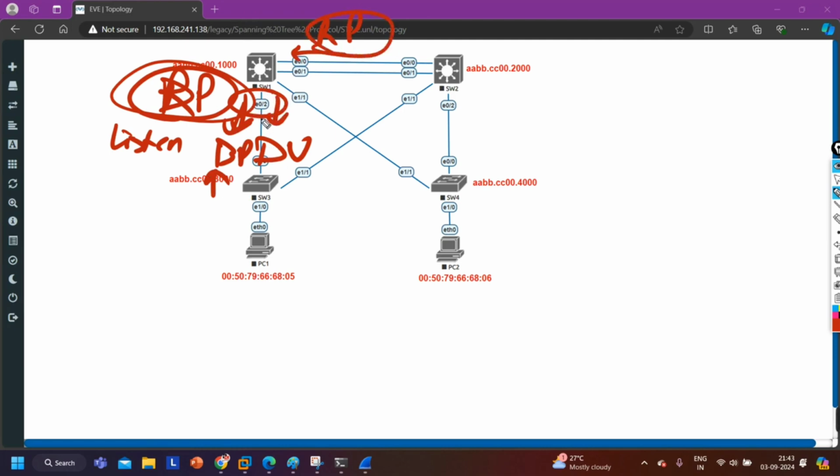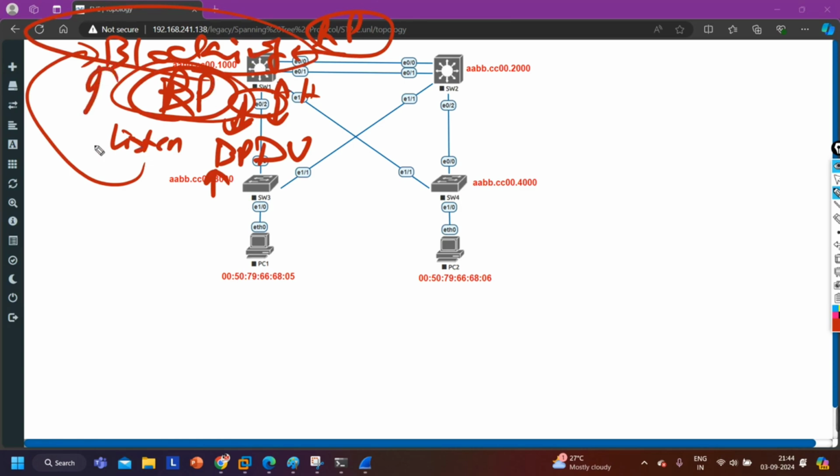RP is already there. It will compare: am I sending a superior BPDU or receiving a superior BPDU? If I am receiving a superior BPDU, that means my port is alternate. And again, the state will move from listening to blocking. Clear? Again, the port will move from listening to blocking. This is the benefit of the blocking state here. If we don't have a blocking state, there can be a loop,